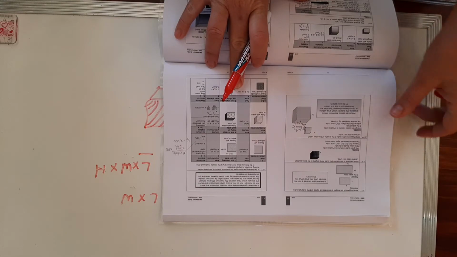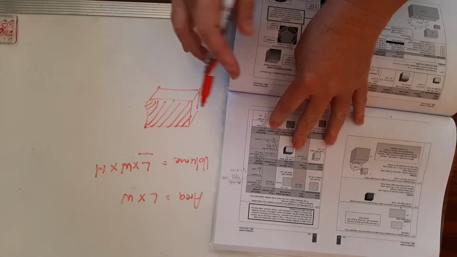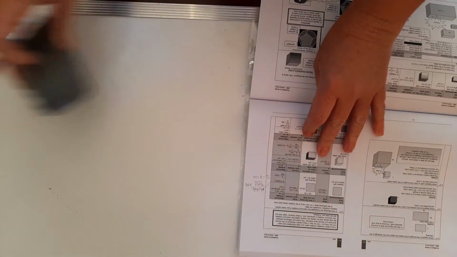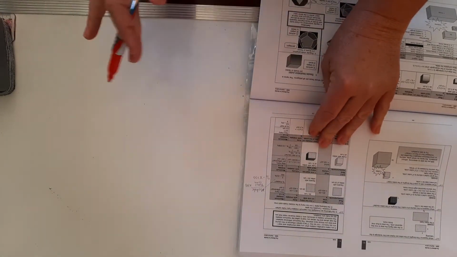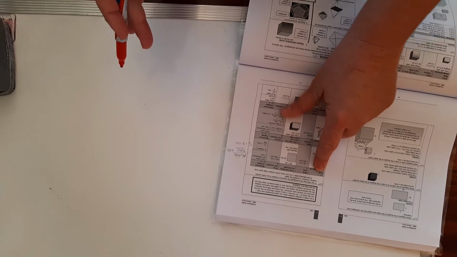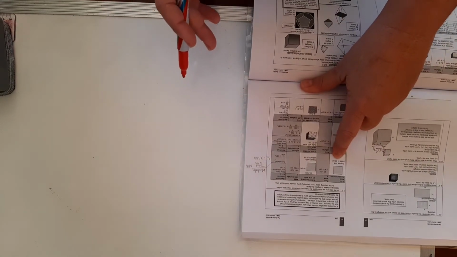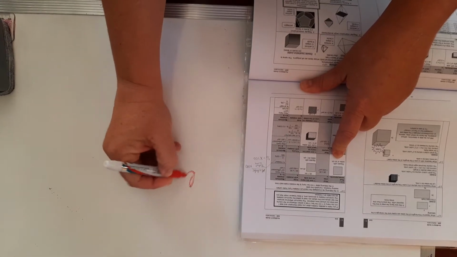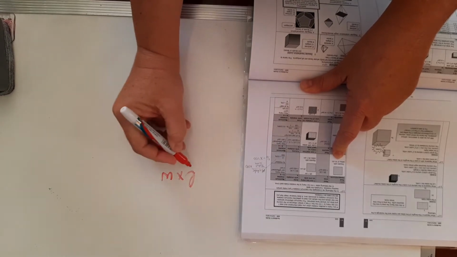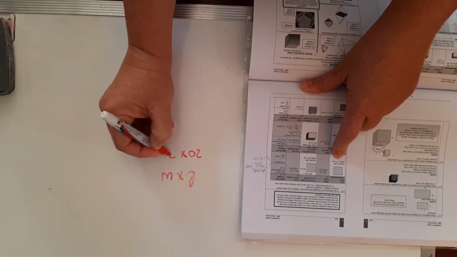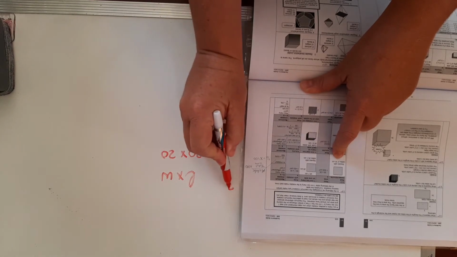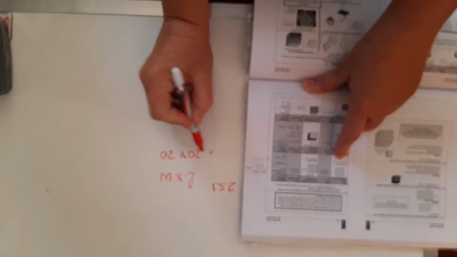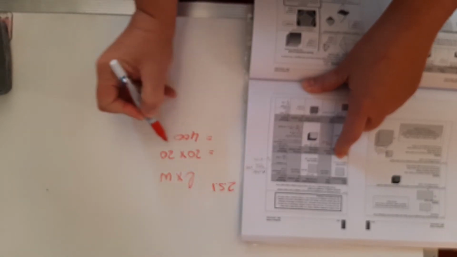2.2, 2.3, 2.4, all of them are the same. 2.5, they want you to do some measurements. They want to show you what's going to happen if you make a small mistake. So let's say, for instance, we measure the first one, 2.5.1. There's a little square they give you, and they say the sides are 20 centimeters. So your real area is length times width. So it will be 20 times 20. This is now for 2.5.1. Okay, so 20 times 20. My answer will be 400